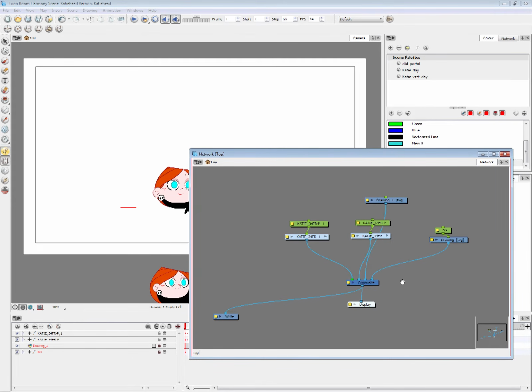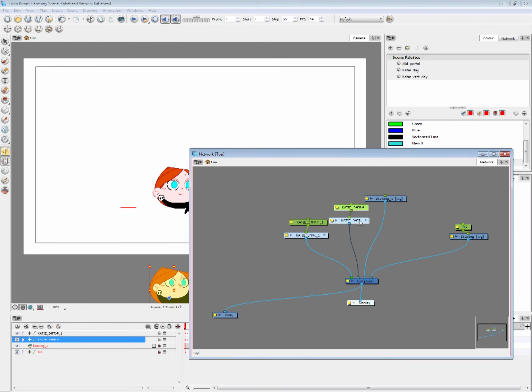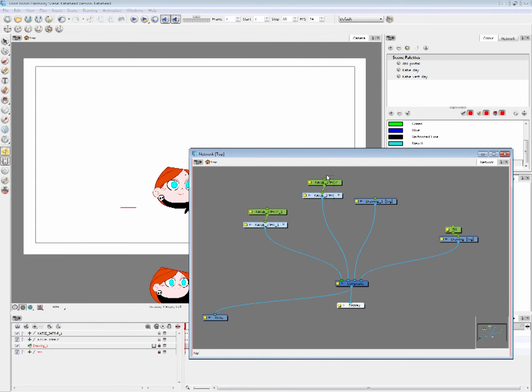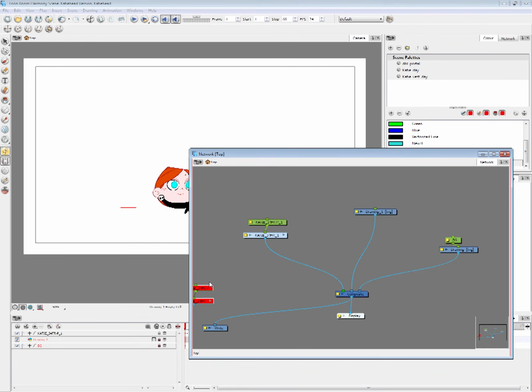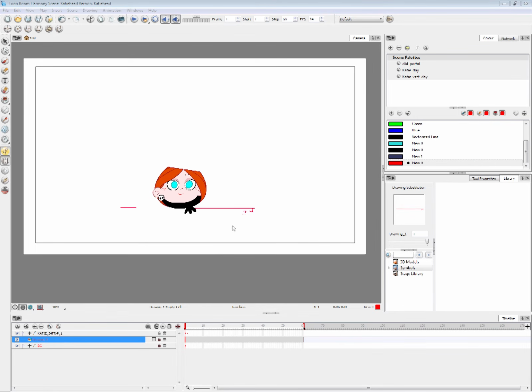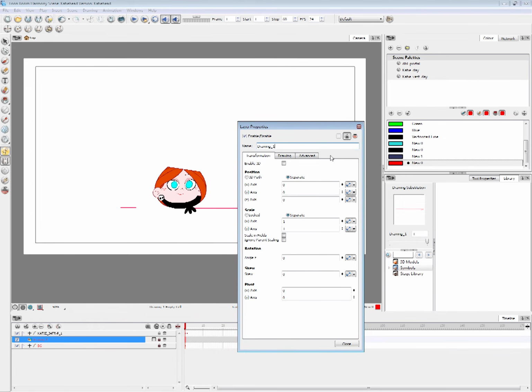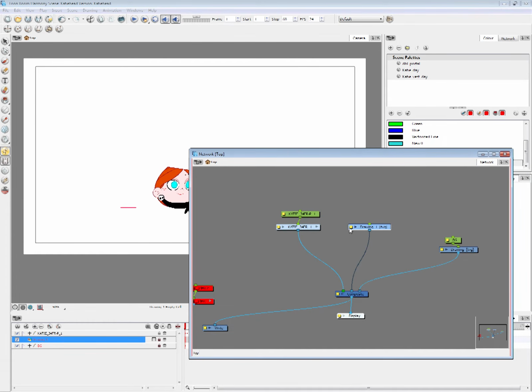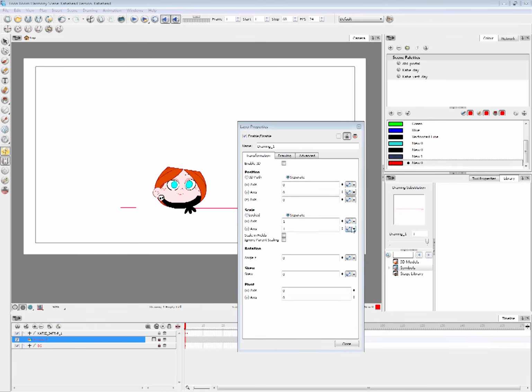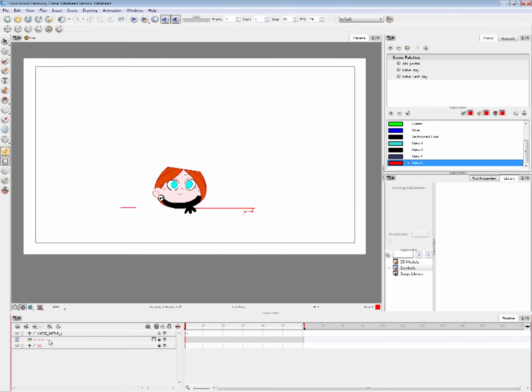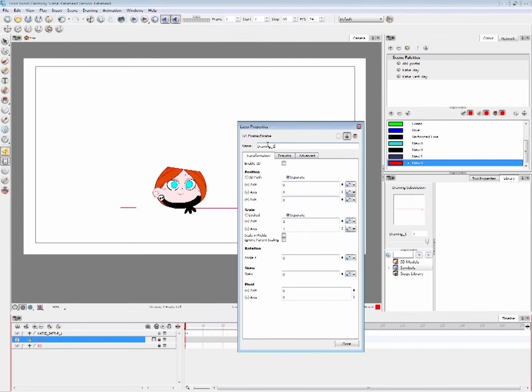If we look at our network, here's our Katie build. This is our drawing, which we're gonna name. If you want to go into the layer properties, you either click this yellow square in the network or press Shift E. So if I go here, drawing, Shift E, this is what we get. Let's name it ground ref.